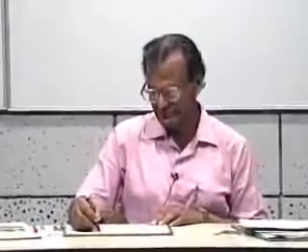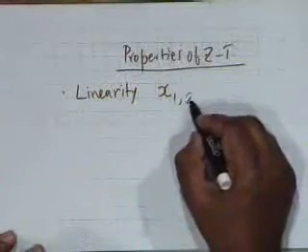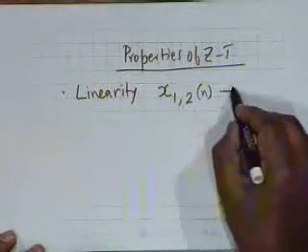30th lecture, and we discuss some further properties of Z transforms in this lecture. We first recall that the Z transform is a linear operation, linearity. That is, if x1 and x2 of n have the Z transforms